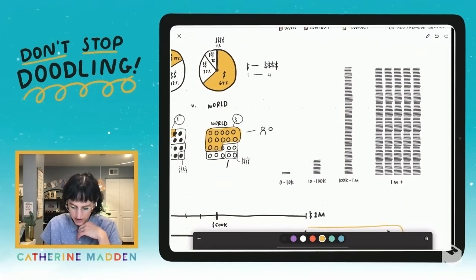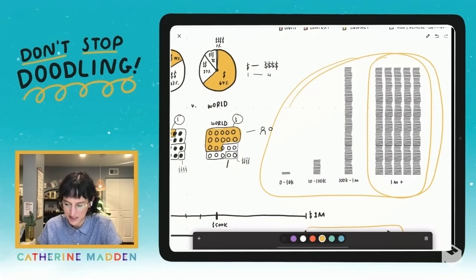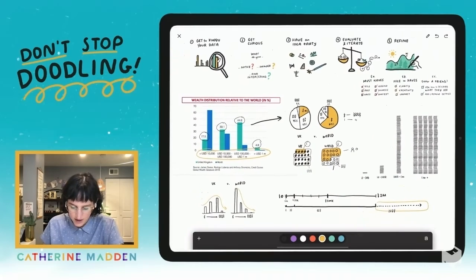So I played around with another visual of the difference in wealth by imagining these as stacks of bills piled up on each other. And this is 1 million, so if you can imagine how big and spacious a billion would take up, but we only really have these 4 categories, so it would be like 1 million plus infinity. You could go on forever. And I ended up